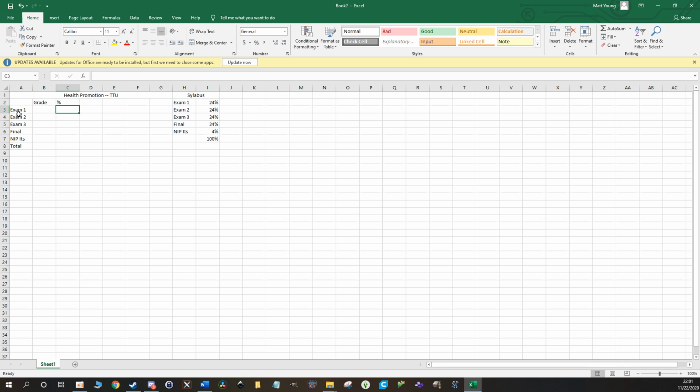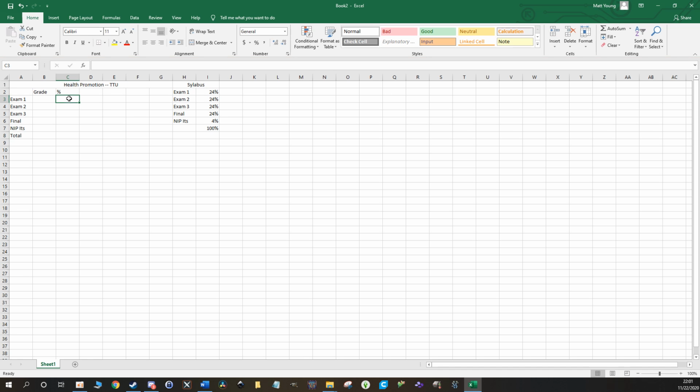So what I'm going to do is I'm going to hit equals. Sorry, Excel's trying to update right now. I'll tell you to update later. Now you can see my FX. This is where all the functioning is. If it has an auto calculation, it's going to be in here. So I hit equals, okay? And then I'm going to say this field